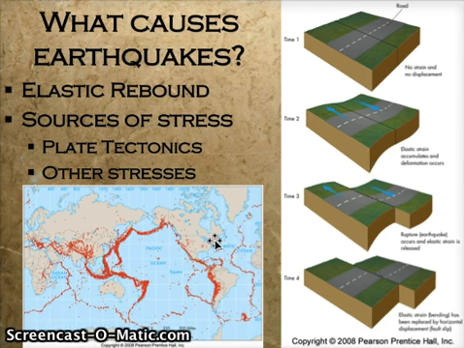The primary cause for this buildup is what we call plate tectonics, and your book has a pretty good explanation of this. But suffice to say that the Earth's surface is made up of large plates that move around and interact, and if you happen to be on a boundary between two of these plates, you're likely to live near a fault or a set of faults. So that's what causes earthquakes, and that's really going to be the basis for our ability to forecast movement along a fault.